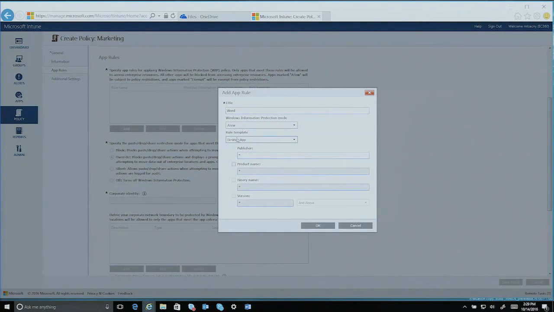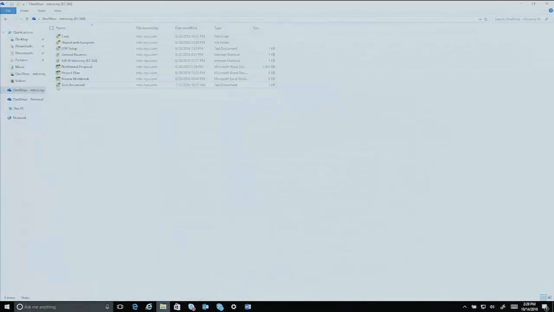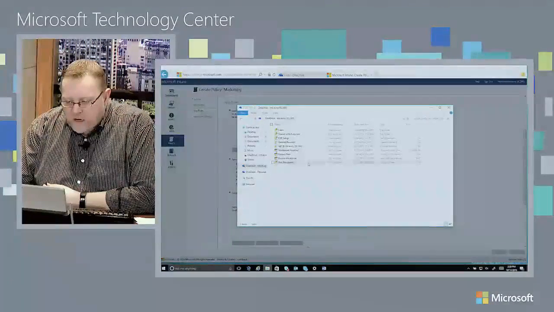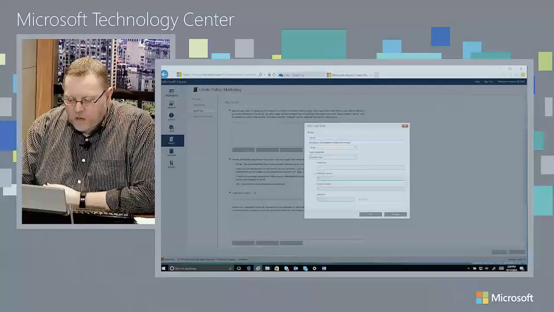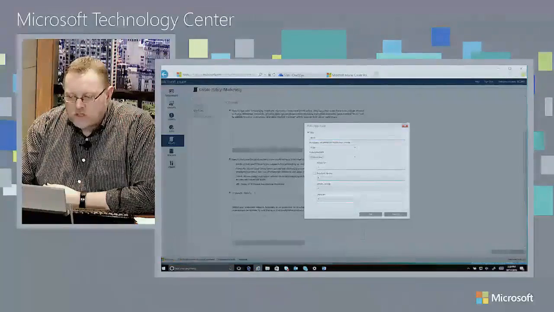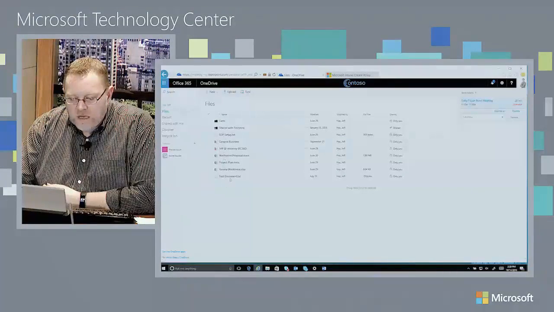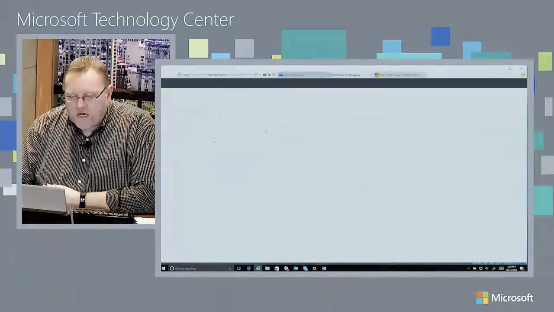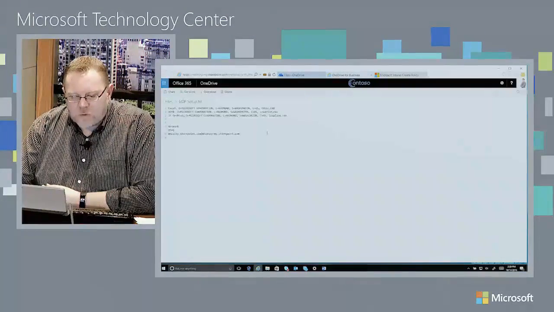So as soon as I come in here for a desktop application, what I need to do is get the signing key for that application, and I also need to have in place the binary name that's associated with that. Now, I've gone in and prepared that earlier, so I'm just going to drop across to my OneDrive here, and sitting inside of here, I've already prepared some keys ready to go.